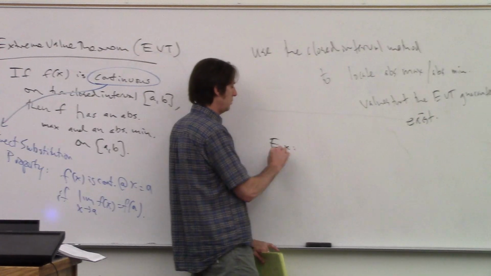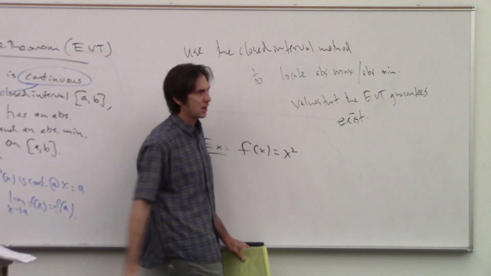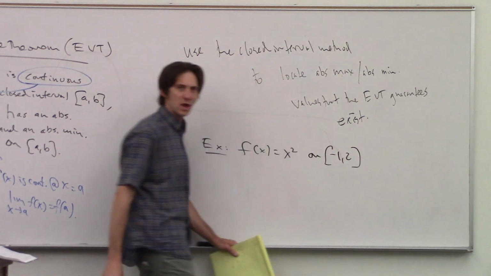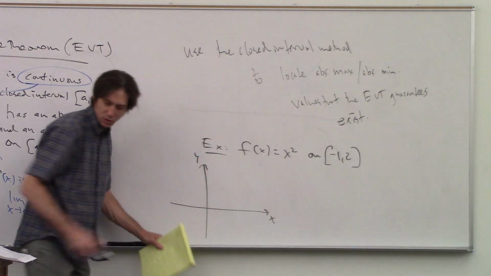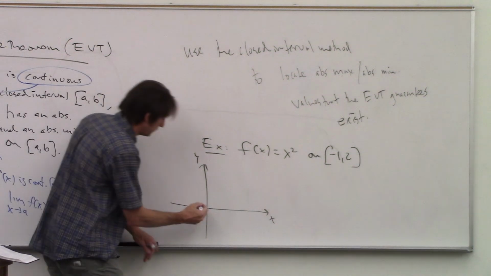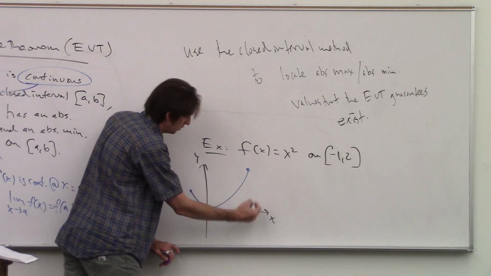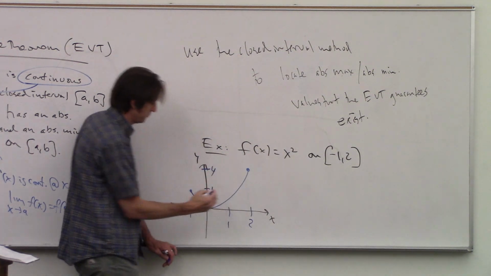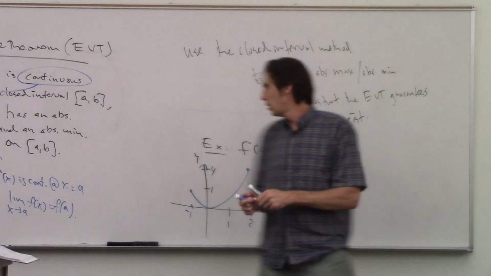Let's say we have the function f of x equals x squared, and I'm going to look at one of the previous examples. I'm just going to focus on the interval from -1 to 2. All right, so that's the graph of this function. Looks like this. So, if this is my function, I know that